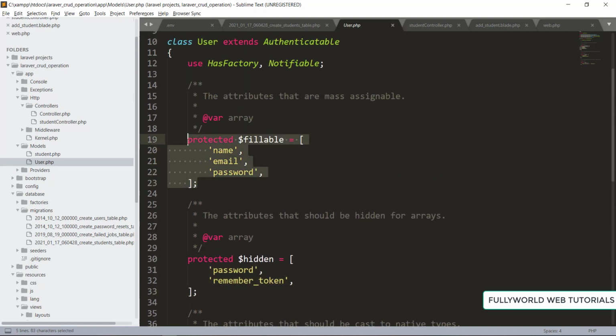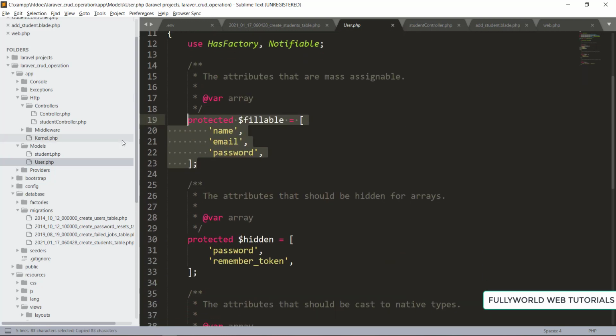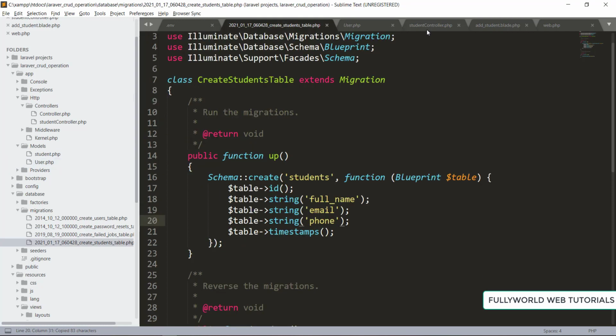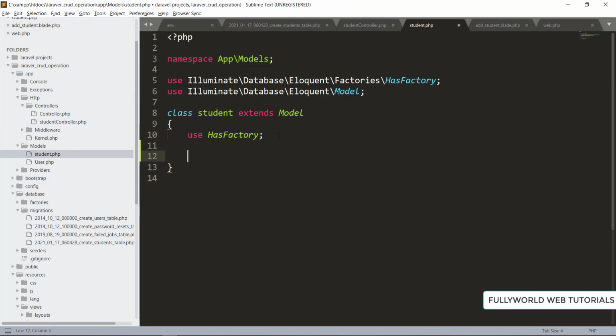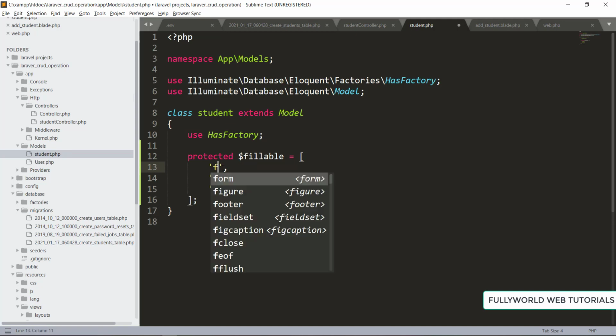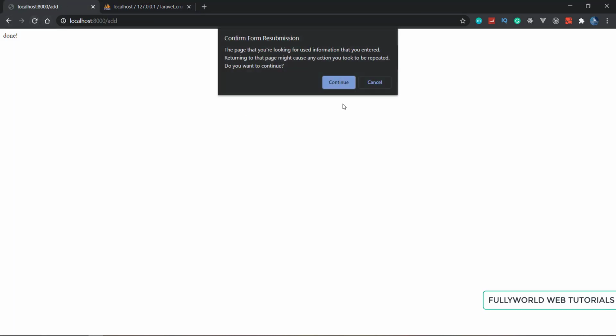So I'm going to copy this here, and then I'm going to our student model, and here I'm going to write protected $fillable, and this will be our email, phone, and here will be our full name. Save it, and now let's see if it is working or not. I'm going to resubmit this form.